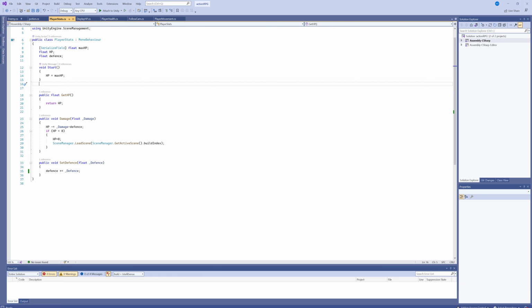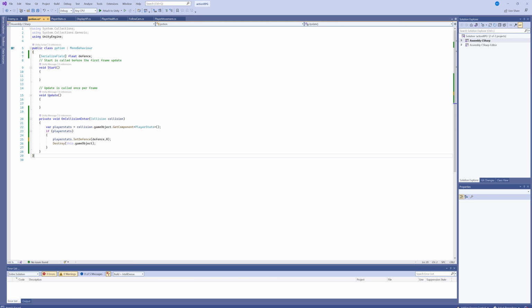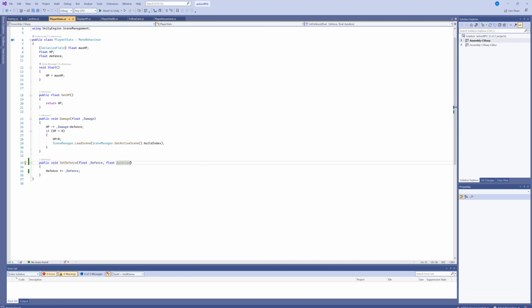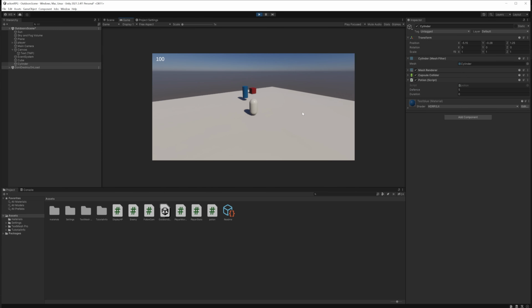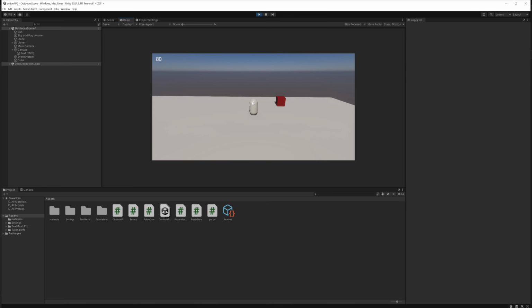And then we probably also want to have a float for duration. We're not going to use that right away, so I'm just going to set that to a variable, just so that we can use that in the future and have it after like a minute take away that same defense value again. So now if we set this defense potion to 5 and we go to damage ourselves, oh no, we got hit twice. We also need iframes. By 10 every time. Now we pick this up